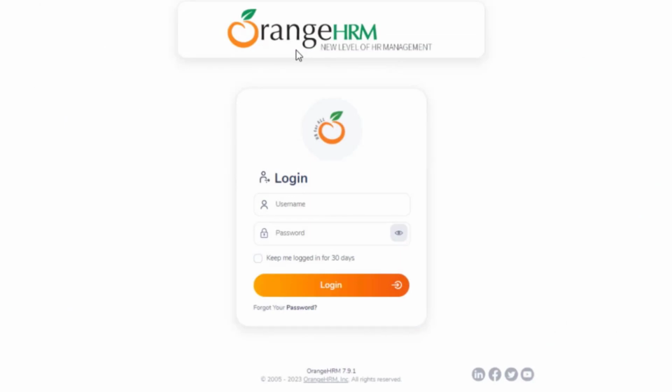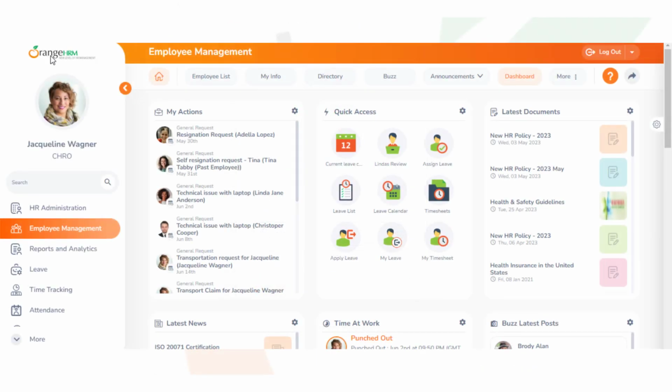Hi everyone. Today, we'll be going over the support for the subunits feature in Orange HRM. We'll be setting up subunits, assigning employees at different levels to inspect the organizational structure for employee calculations, and showcasing reports. So starting off, we go to the HR administration,